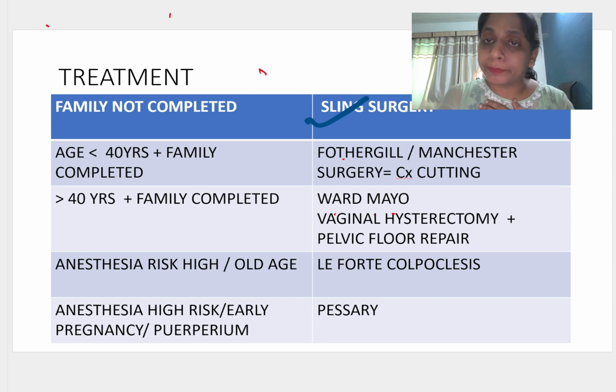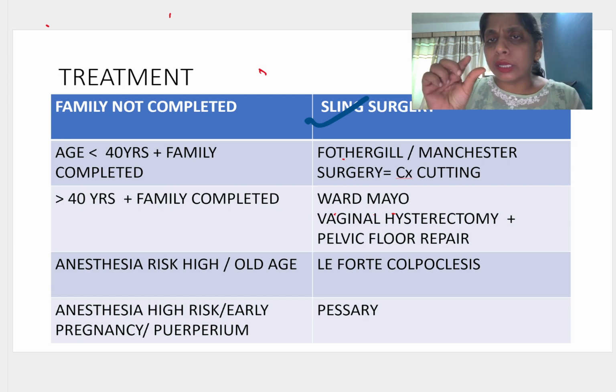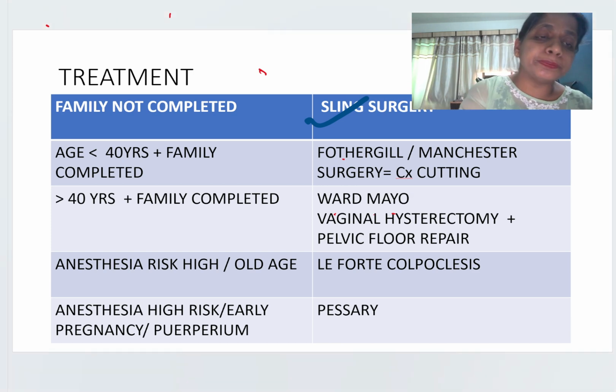The lady like me, I don't want my uterus to be removed in spite of the fact that I am having prolapse, because you all know that uterus is not only for conceiving. Uterus also gives support to the bone, prevents osteoporosis, and a lot of menopausal changes will come to me if I get my uterus removed. Okay, so for those ladies who are less than 40 years and whose family is completed, we can conserve the uterus. We can do small surgeries on the uterus. So what we do here is,